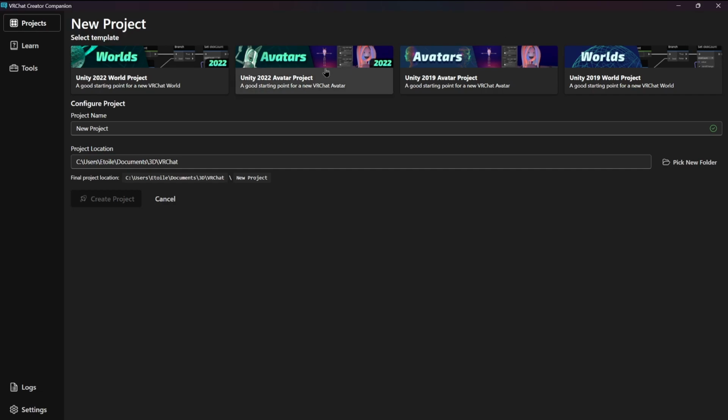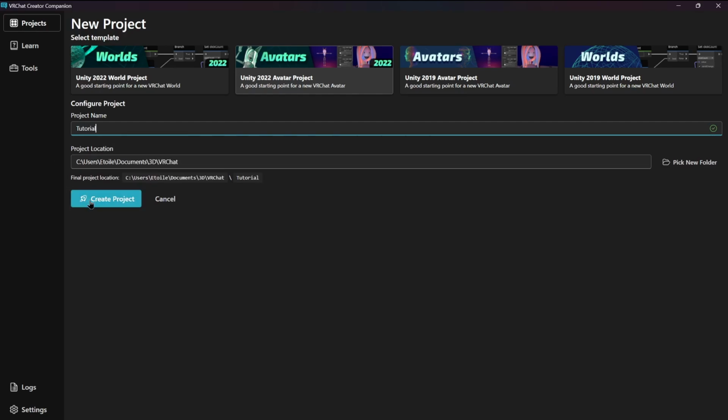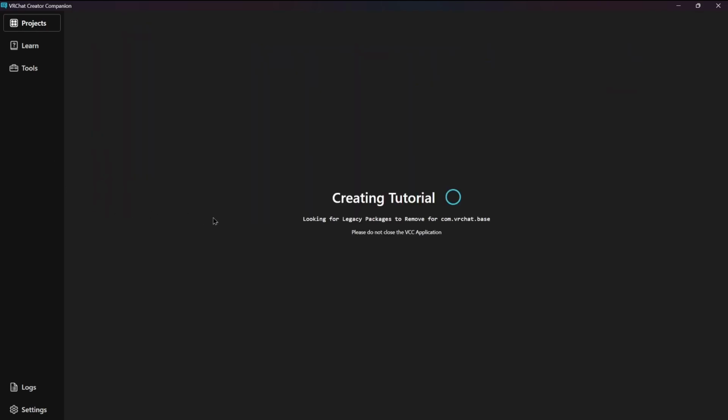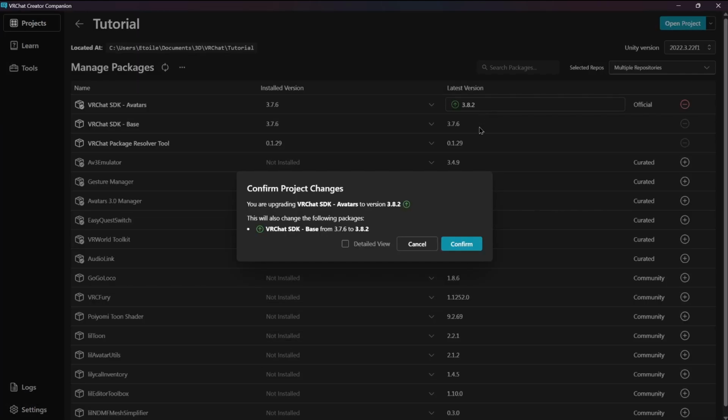You click on that button, and you select the type of project. The type of project is Avatar 2022. You click on it, that's the latest version. You name your project, whatever you like. You create your project. You wait for your project to be created. Once it is created, you put your project up to date,